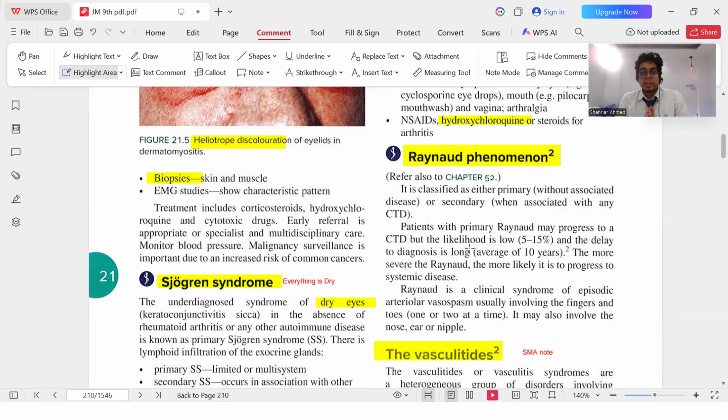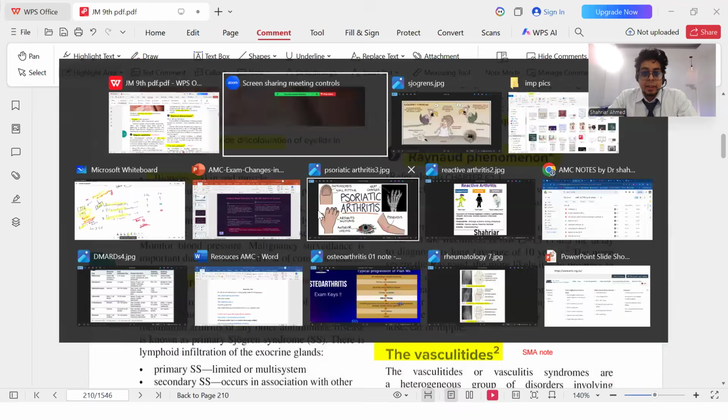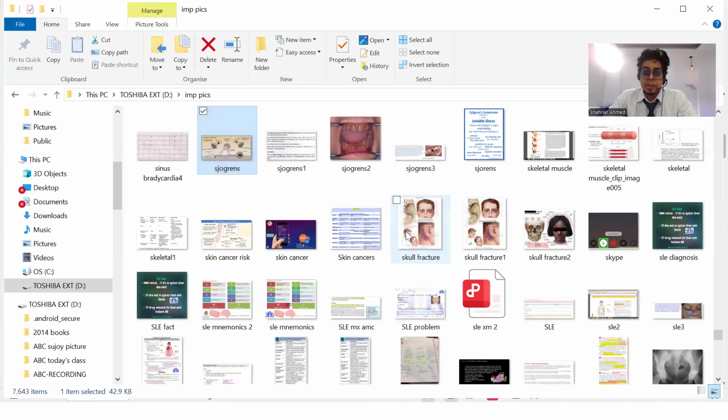Okay. Next thing which I'm going to show you. By the way, guys, vasculitis is not a part of this one. Vasculitis we focus more on in the renal system, but if you want, you can read it in advance. In our notes, vasculitis notes are also given. I'll show you something on Raynaud's.